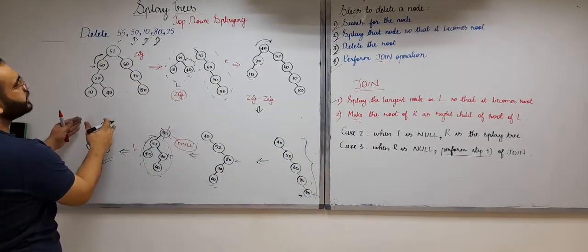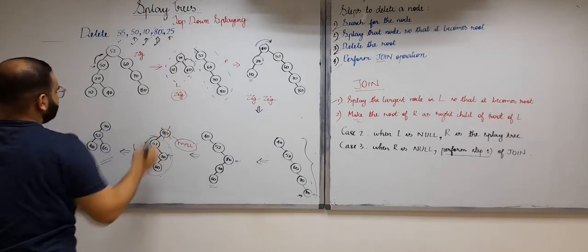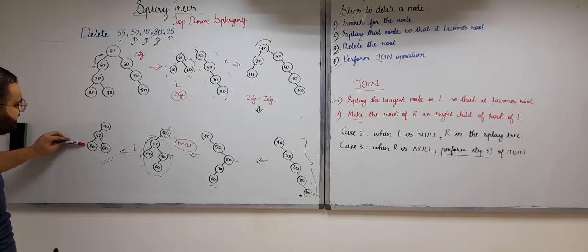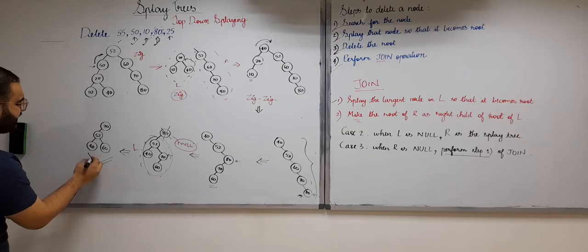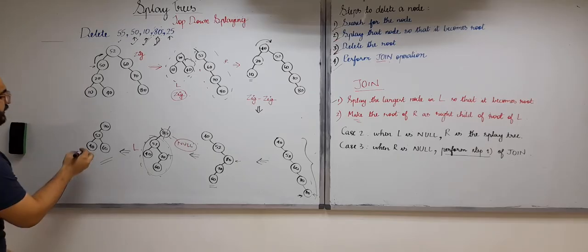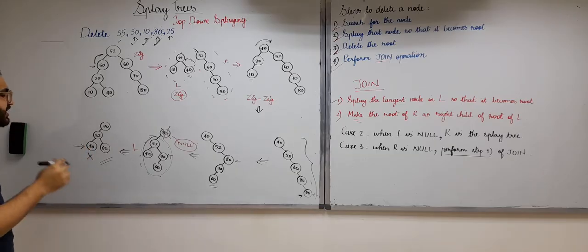Now let us delete 25 in this new splay tree we have got, okay? So let us search for 25. 25 is less than 70, 25 is less than 52, so we come on the left. 25 is less than 40, okay, the tree has ended. That means 25 is not present in the splay tree. In this case, we can't just exit over here. What we need to do is splay the node where our search has stopped. We need to splay that leaf node.